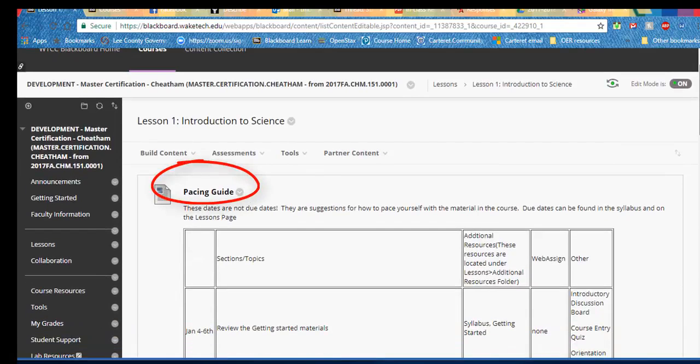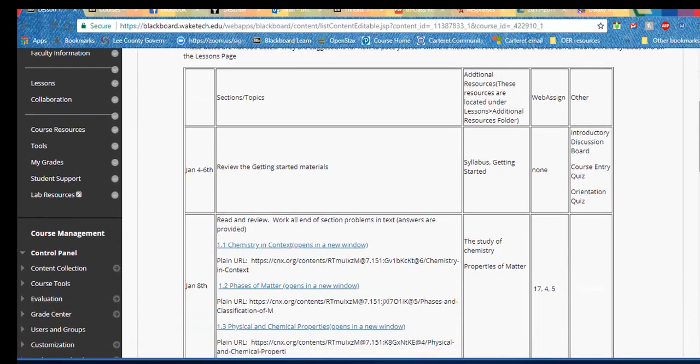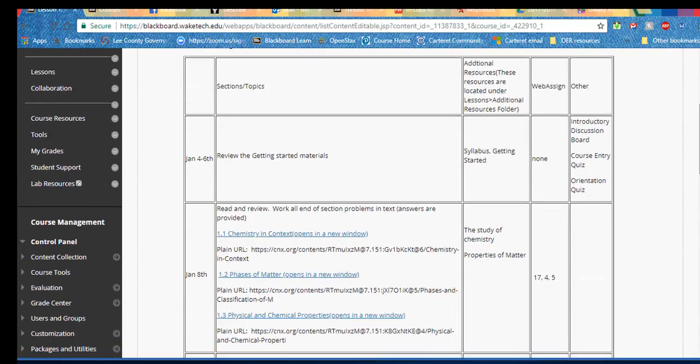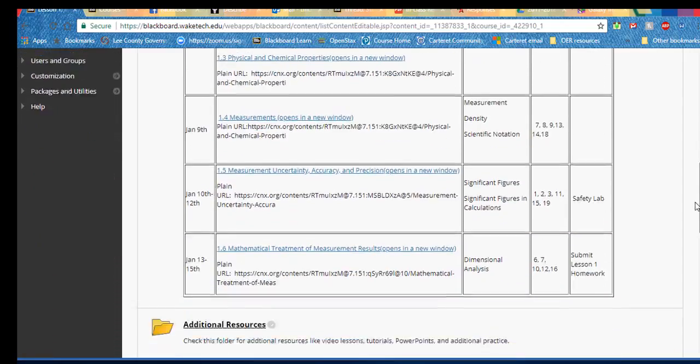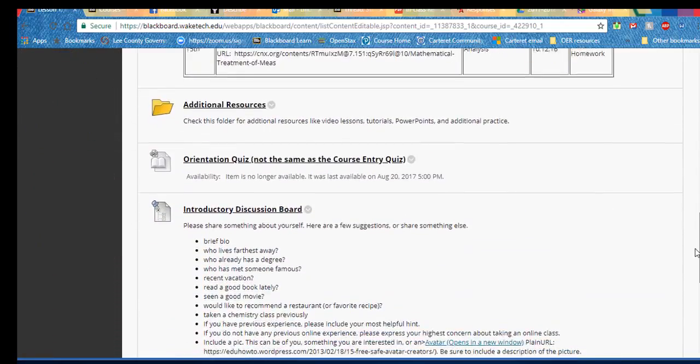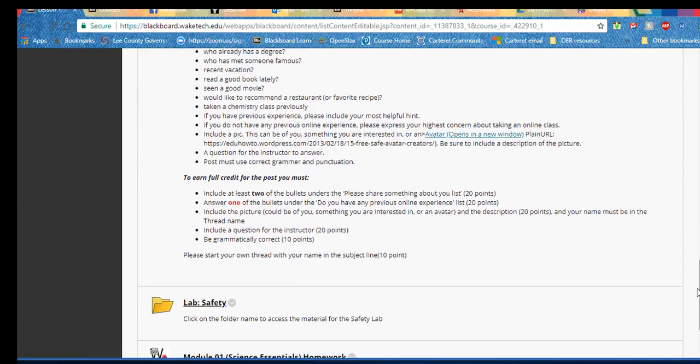I have a pacing guide for every lesson. These are not due dates. It's simply a way for the students to pace themselves with the readings and the additional resources and the homework problems and any assignments that are due throughout the course without waiting until the last minute. Under additional resources, I have those things like PowerPoints and notes. Here's their introductory discussion board